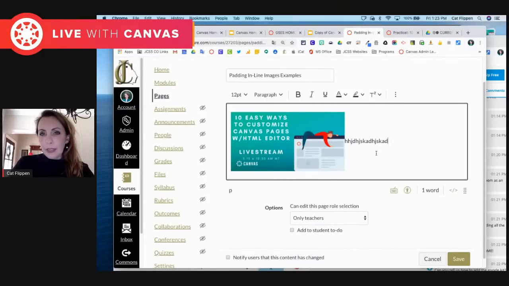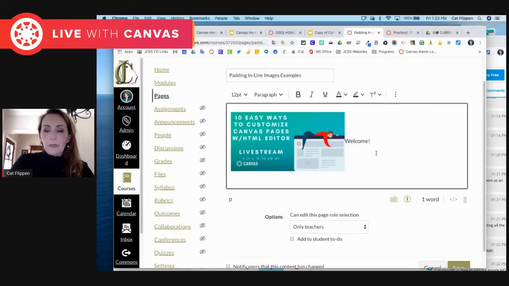All right, do you see how I'm typing right there? I can type my text right there. Do you see how it's right next to the image? That's not okay. Like, I need some space, right? Space is important. So, you know, welcome. I really am blah, blah, blah, so on and so forth. I want some space. All I have to do is take the code,